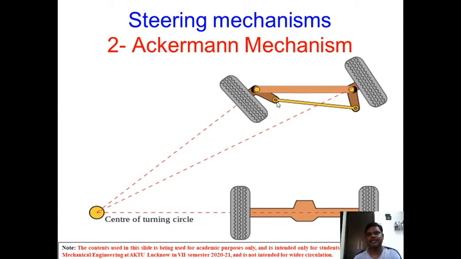In that case, we can see that the pivot joints are used. Okay, so there are turning pairs inside these joints. So it is not possible to maintain the condition of correct steering at all the positions of the turning. So in that case of Ackermann mechanism, only three positions are correct: totally left, totally right, and the straight ahead position. Okay, at these three positions, this will behave as a perfect steering system or correct steering system. Okay, and under these three conditions, the instantaneous center of rotation will lie at a common point.